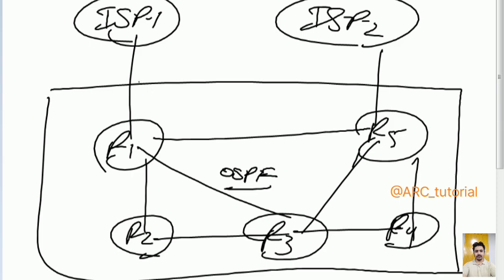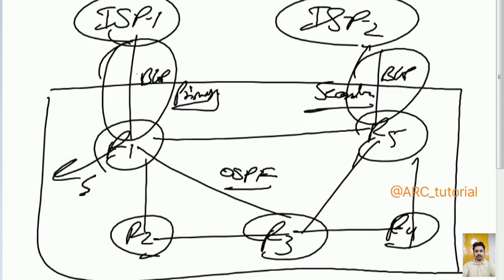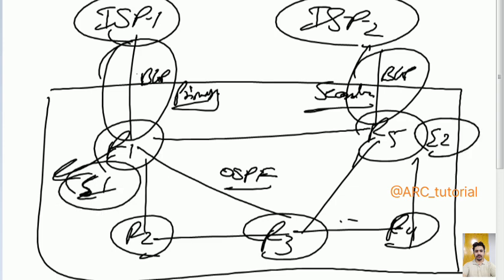Between the customer and ISP is BGP. This is your primary link, and this is the secondary link. You have to redistribute BGP into OSPF on both routers. Do one thing here: configure your metric type as E1, so that for all routers the best path will become via R1, and on R5 configure its metric type as E2, so that